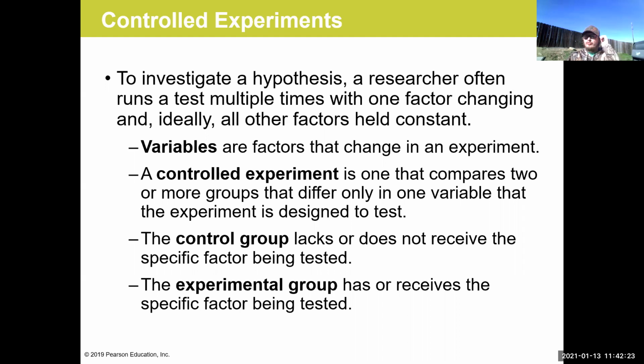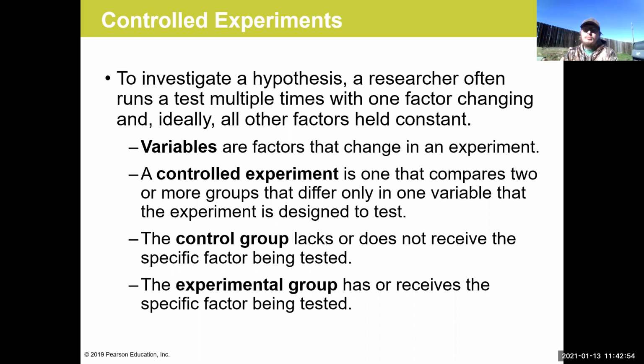Okay, so for example, let's say we want to know what affects plant growth the most. Is it sunlight? Is it nutrients? Is it water? The way we could test this is we would control for each of those variables independently. So the first experiment we could do is